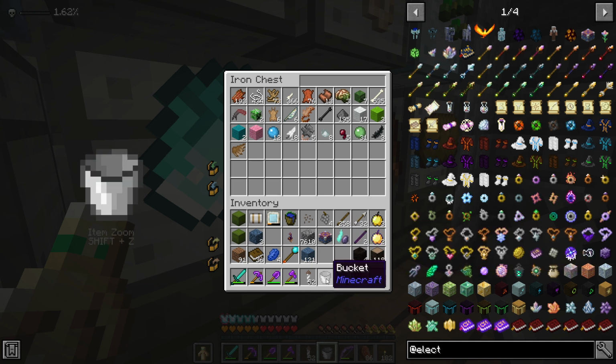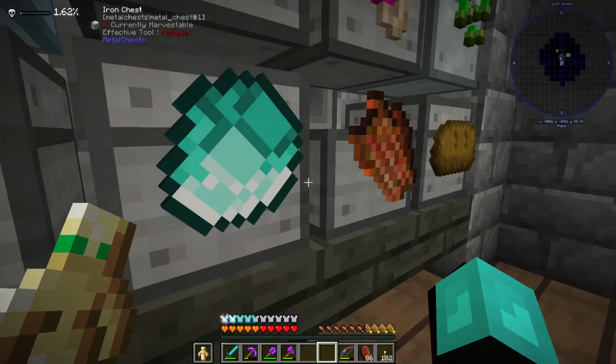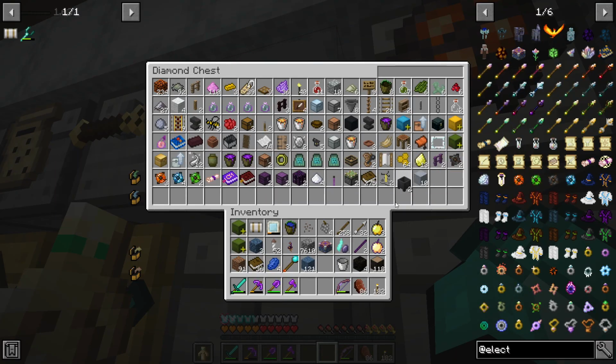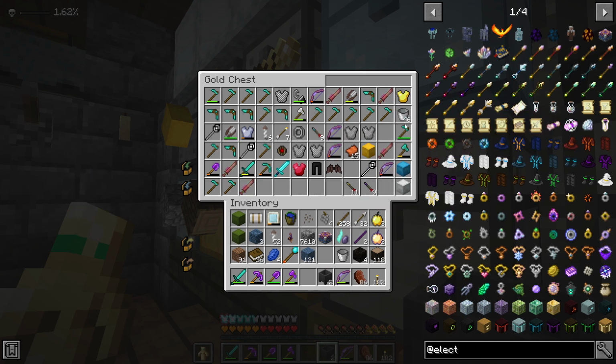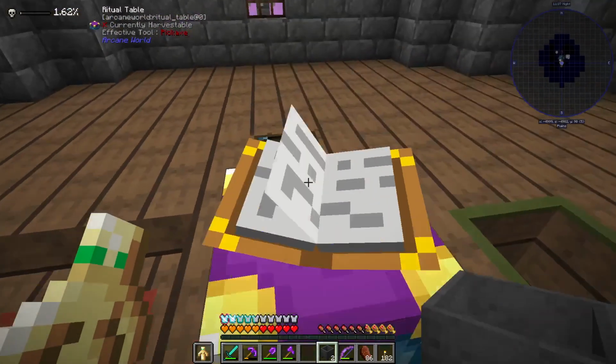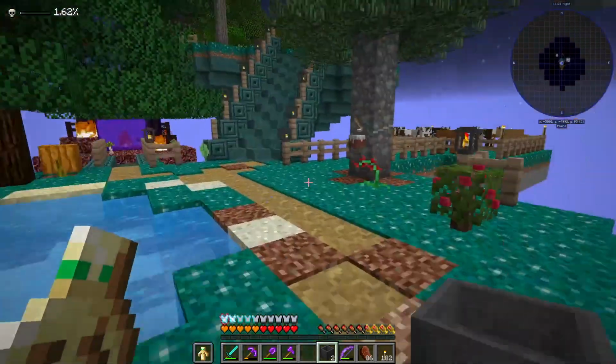Yeah, got a few bits and pieces there. We need cauldrons. Two cauldrons. Grab me another bucket so I can have two at a time. And let's go make some cheese. I've never played with rats. I have watched Mischief of Mice